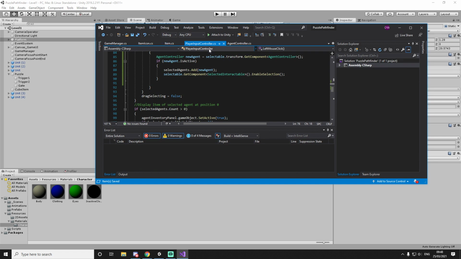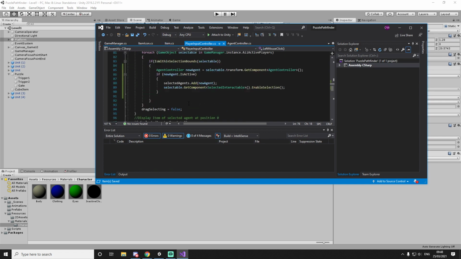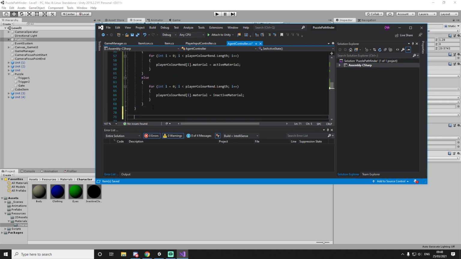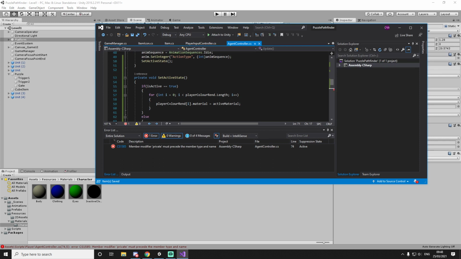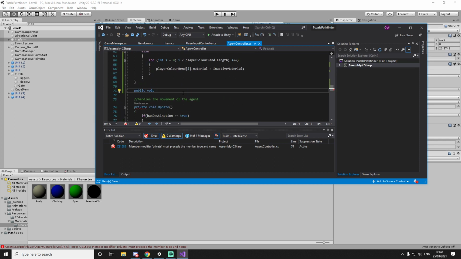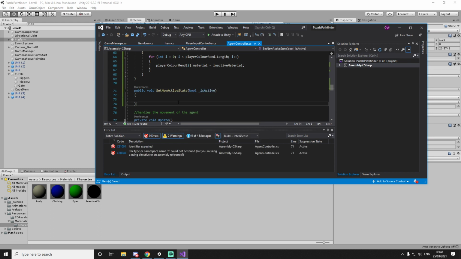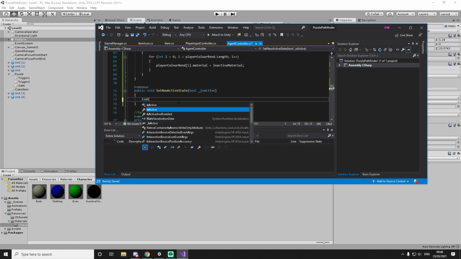If we go into our play input, into the agent controller, we will create a brand new function, which is going to be public so it can be accessed from a different class. What this will do is public void SetNewActiveState. SetNewActiveState will take in a boolean of whether or not it is active,